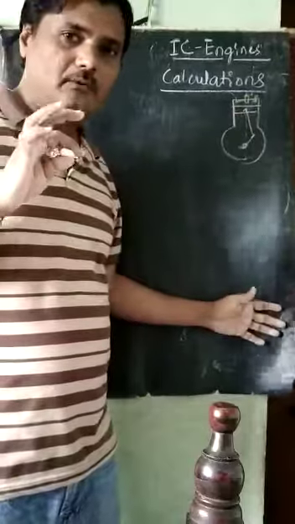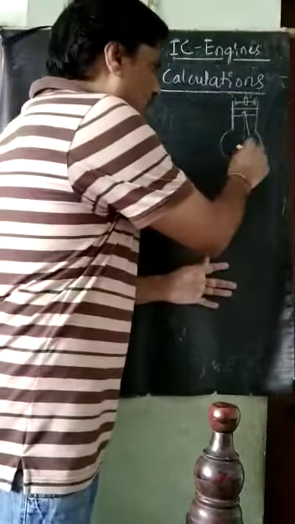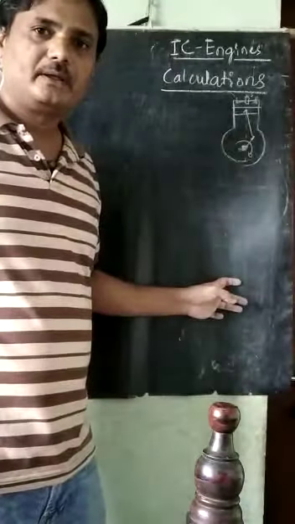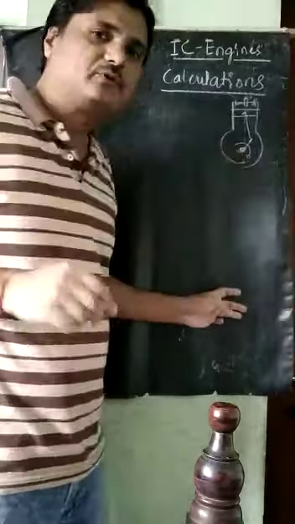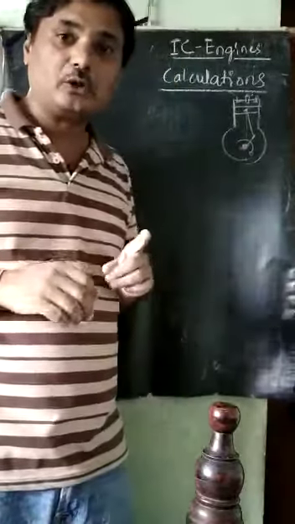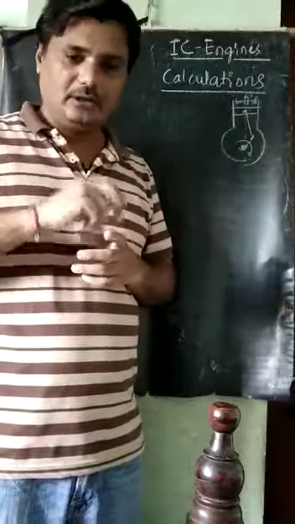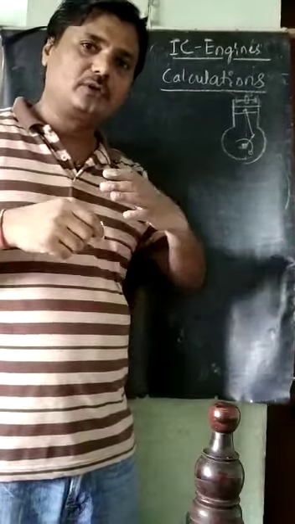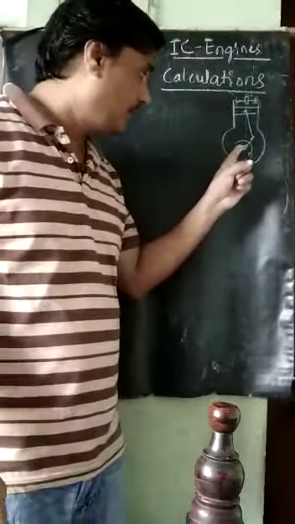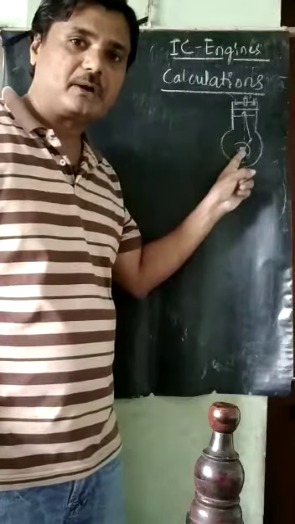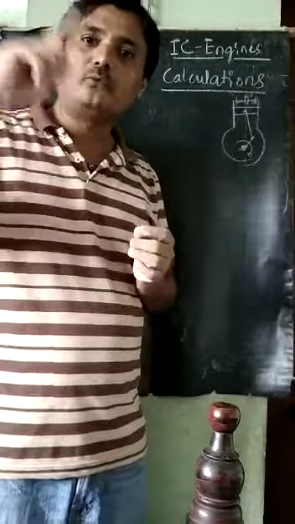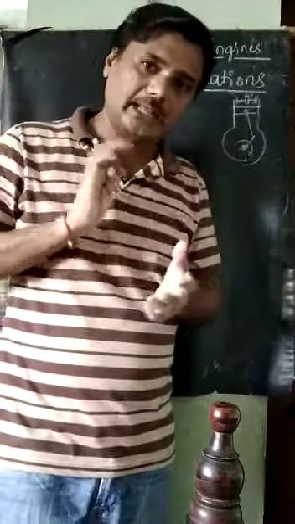Next, what is the end power we require? We require a rotary mechanical energy at the crankshaft. That crankshaft is connected to the wheels of the vehicle, so that is a rotary motion. The wheel has to rotate so that the vehicle will move. Therefore, the energy available at this crankshaft is the final energy in the engine to transfer to wherever we want. That is a rotary mechanical energy.